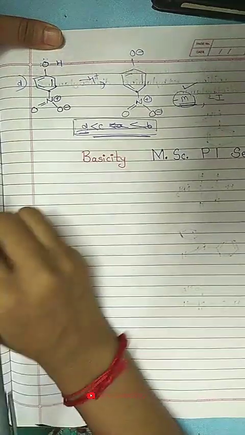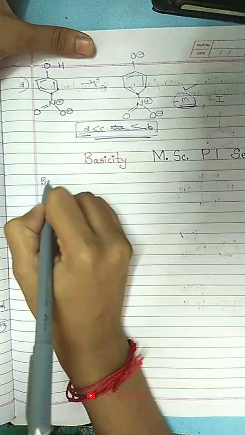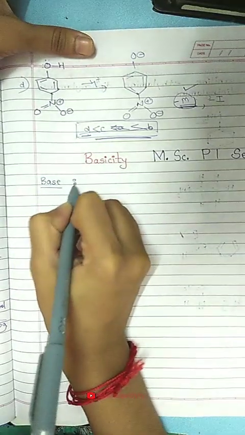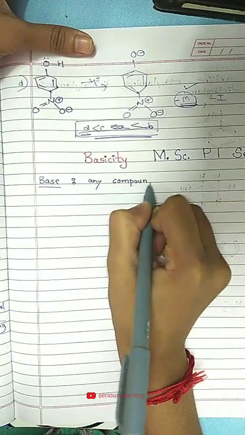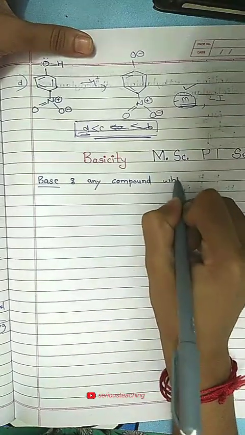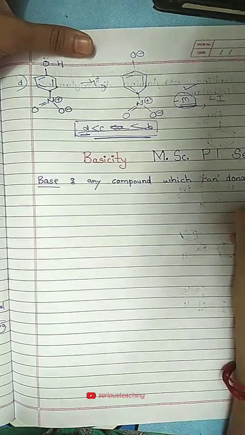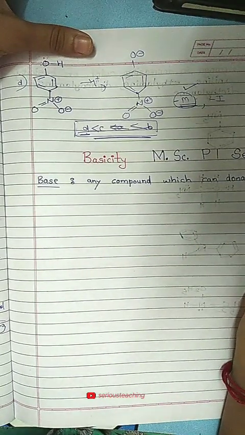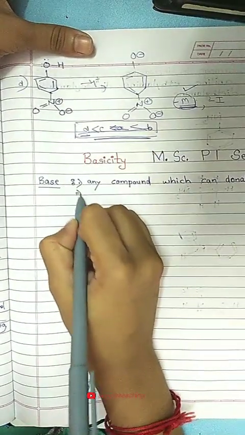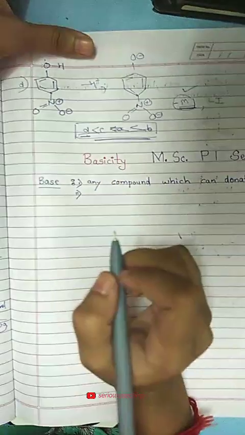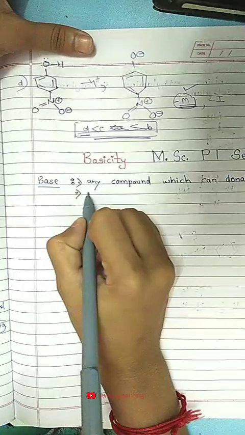So according to general definitions, you know what the general definitions of a base are. A base is any compound which can donate OH minus ions, right? This is the very general definition of base, but you know that this is not sufficient. So what is the second definition? The second definition, which is important for our analysis, for our point of view, is: base is